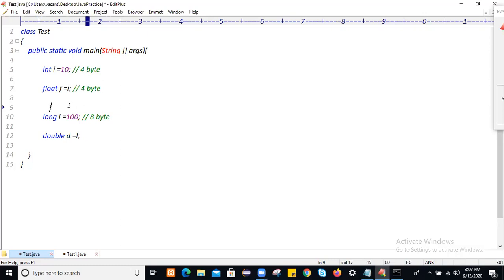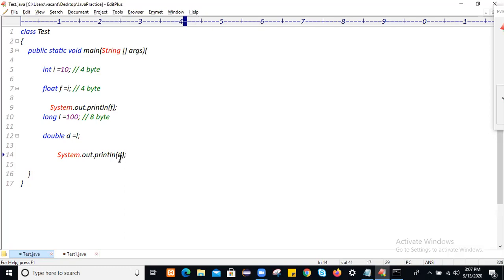So let me compile and run this. We are displaying a floating point value, as well as a double value.